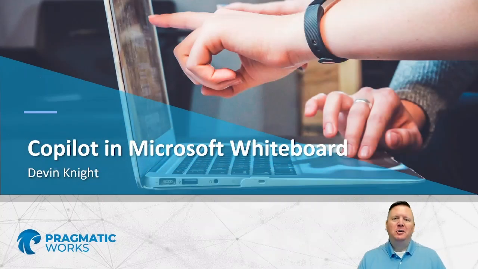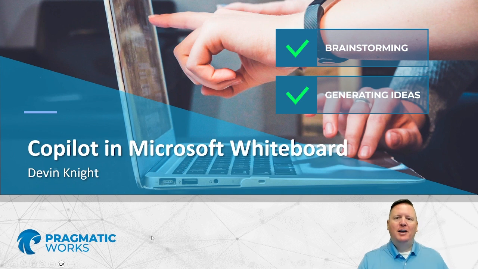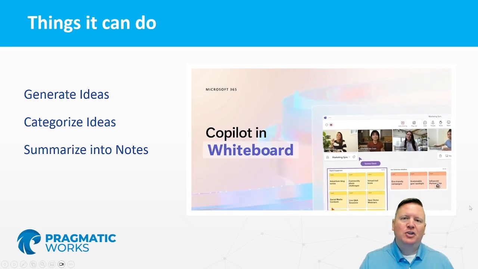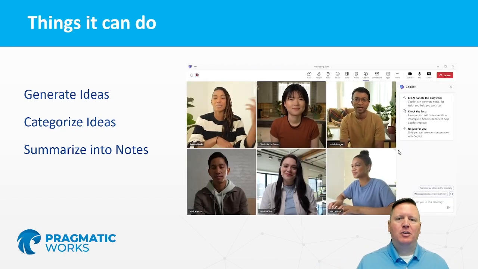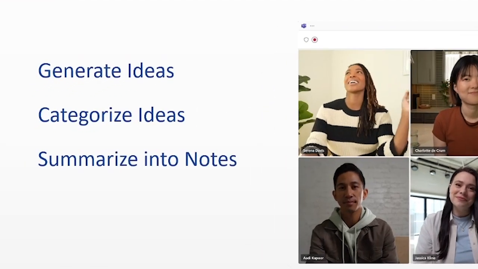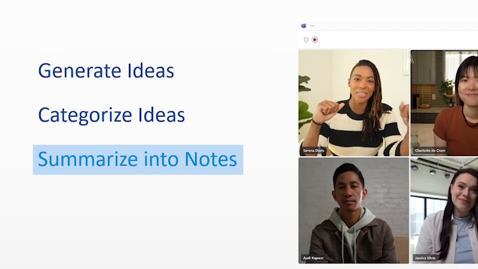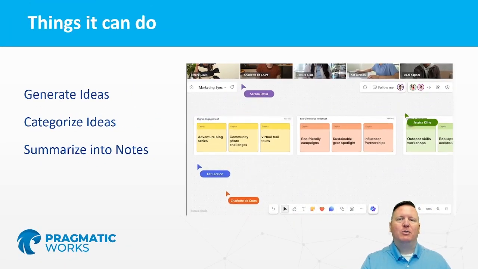So if you're a user of Microsoft Whiteboard for brainstorming and generating ideas, Copilot makes the perfect companion to make your idea generation even better. So if you're not really sure what Copilot can do inside of Whiteboard, let me give you a brief little summary. There's really three main things it can do: help you generate ideas, categorize those ideas, and then summarize those ideas into notes. And that's really where you're going to see some massive benefits of what you can do